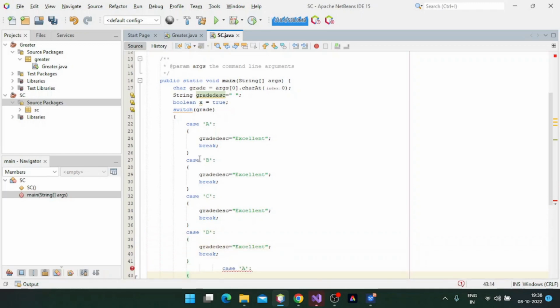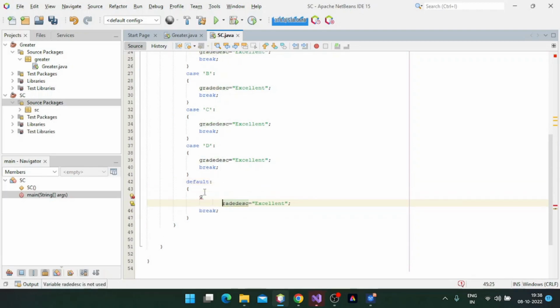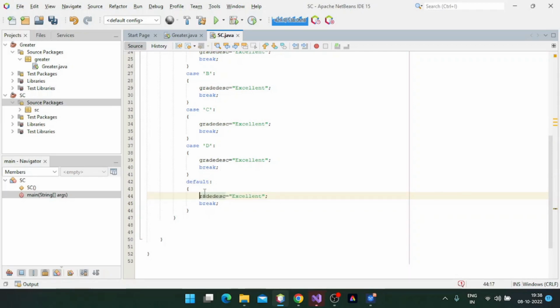Then when any of these cases is not satisfied, I will say default. Default will not have any value followed by it. So in this case, this is not required. Break is also not required because this is going to be the last one, so we can just leave that. So if you go to the default, here I am going to say x is equal to false,